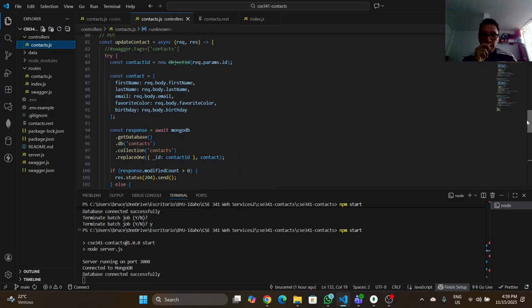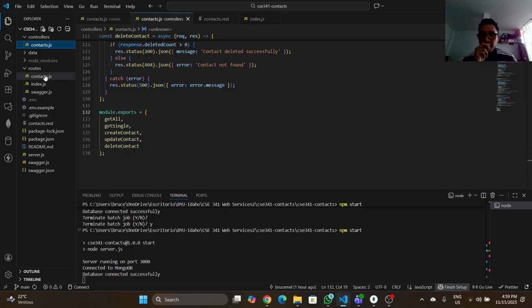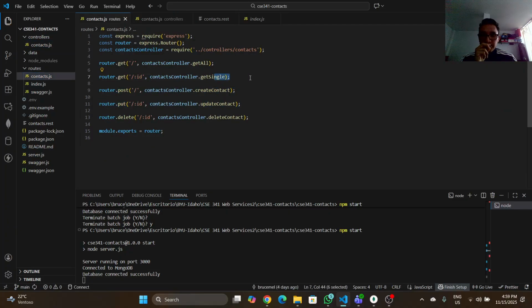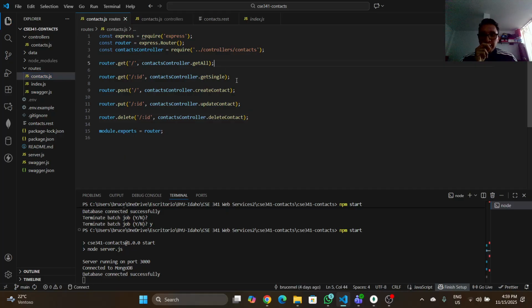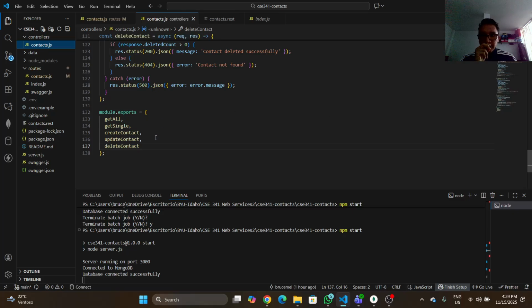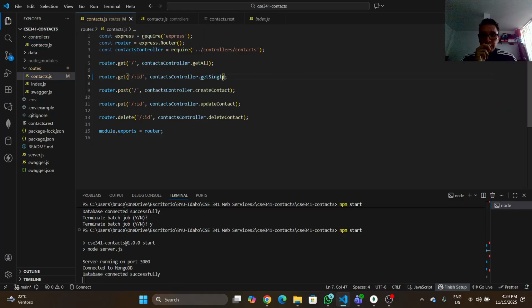The reason we only have one line here for all this code is that we are exporting this module. So we have get all, get single, create, update, and delete contact, and we have the same names here. It's important to export them, okay, because if we don't, our code will not